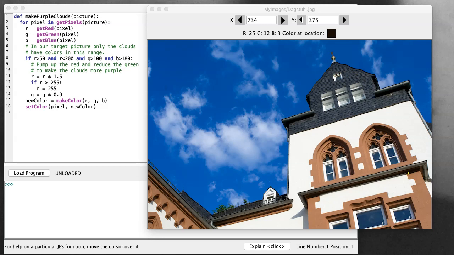I'm going to use as an example a little program I wrote to manipulate this picture. In particular, I wanted to manipulate the clouds in this picture. So in the Image Explorer, I spent some time looking at pixels in the clouds, and I came to the conclusion that the cloud pixels tended to